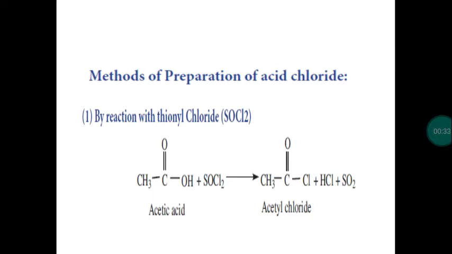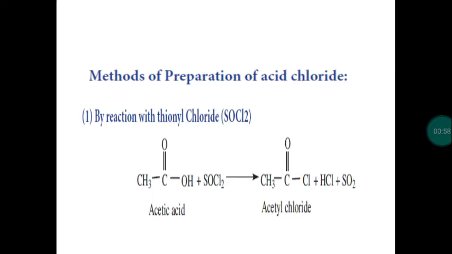For these four derivatives of carboxylic acids, what are the methods available for preparation, and what are the chemical properties, physical nature, and then uses of carboxylic acids and its derivatives. First one, we take acid halide, general name acid halide. What is the first member? The simplest member is acetyl chloride.